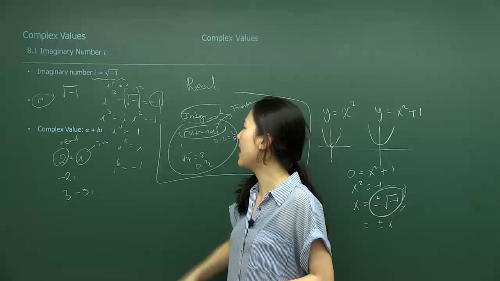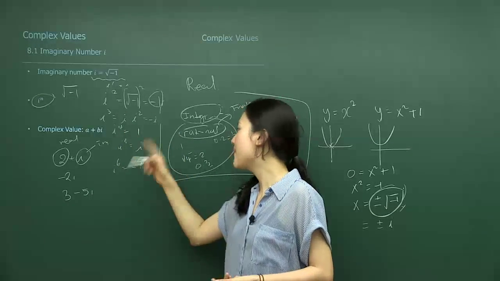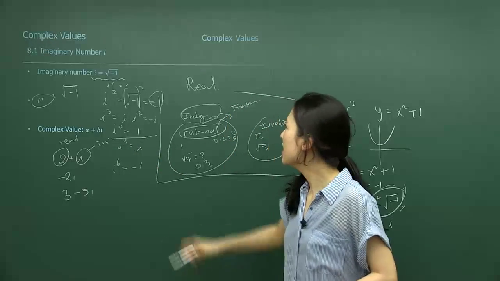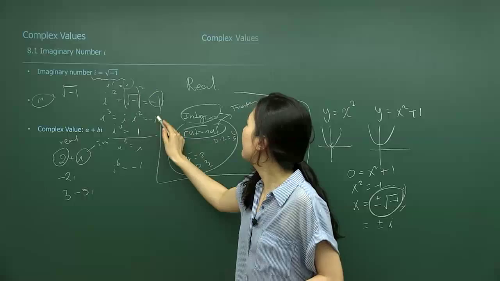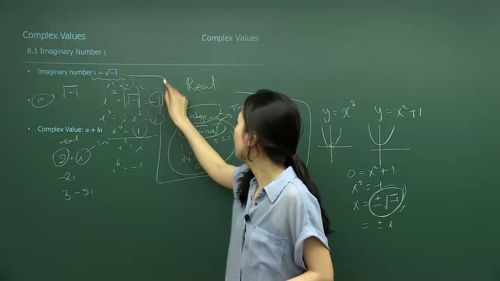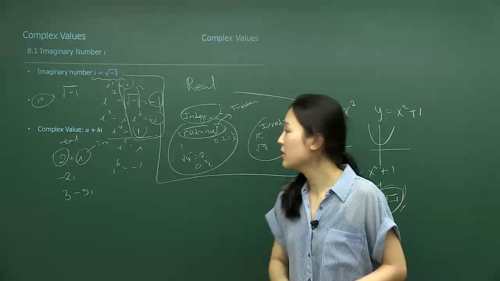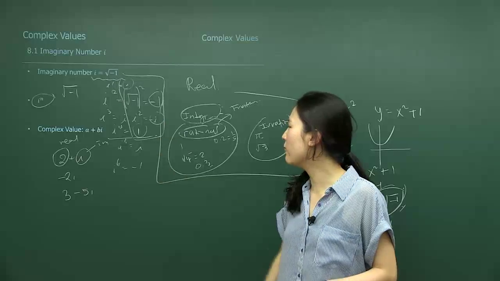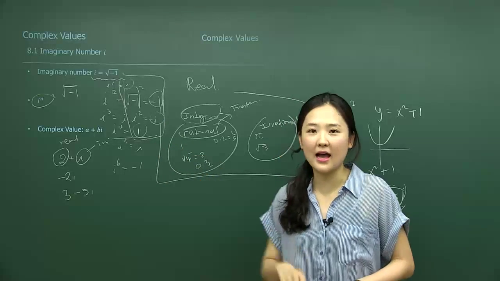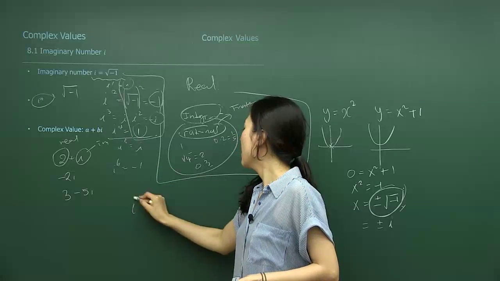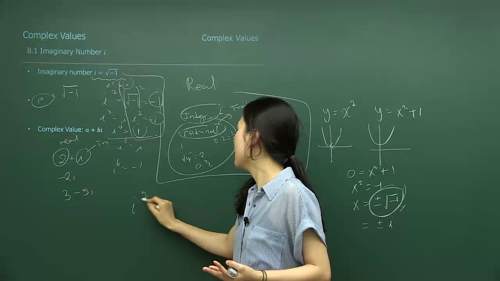I cubed, I to the 4th is 1, back to I for I to the 5th, then -1. So as you can see, the values for the power repeat after 4 terms. It goes from I, -1, -I, +1, then all the way back to I. So technically, if you're looking for I to any power,